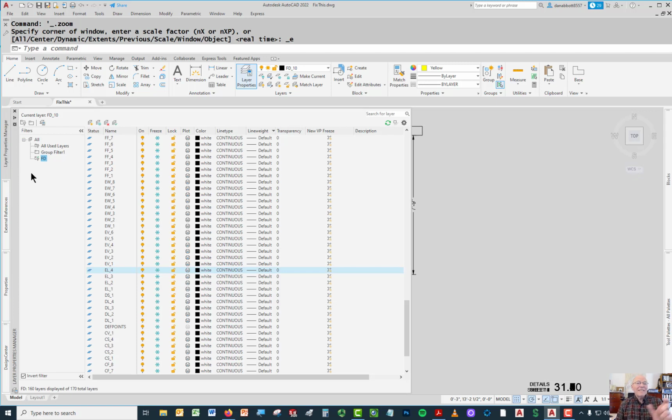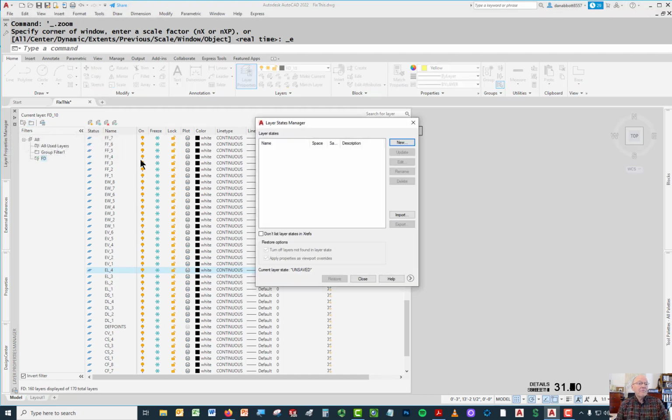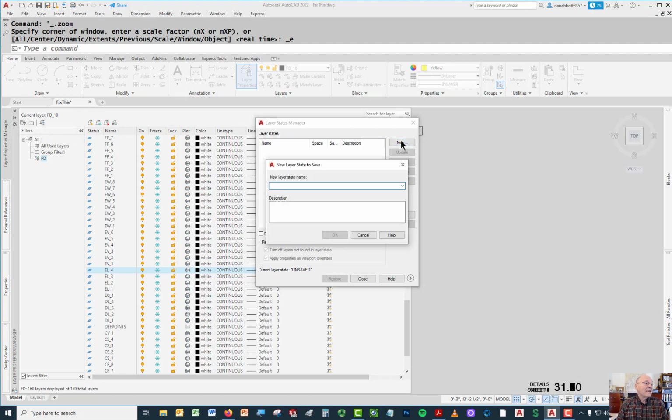Well, what if I want to create layer states that allow me to manage this drawing? Then I would go back up here. This is not a filter. The filter is just a filter on the list now. What I want over here is a layer state manager. And I'm going to make a new layer state, and that new layer state is going to be called FD, whatever that stands for. And then I put a description here of whatever that stands for,